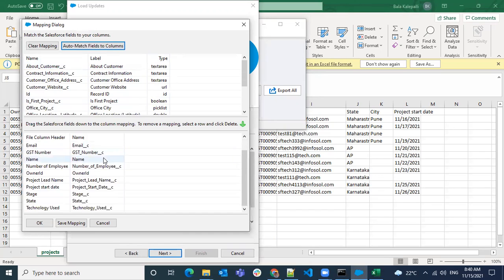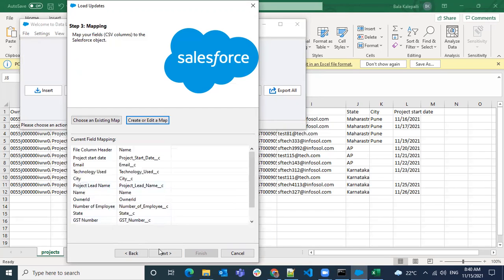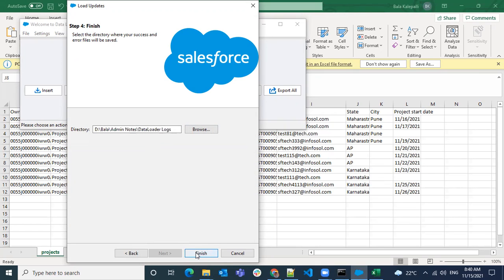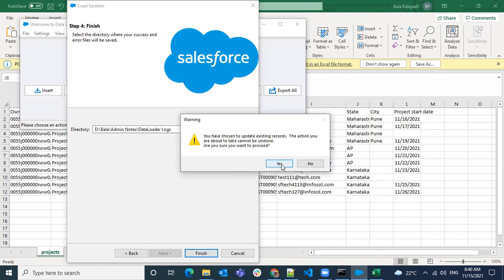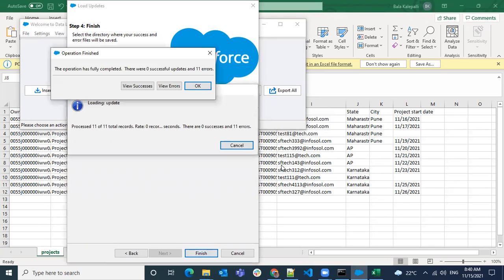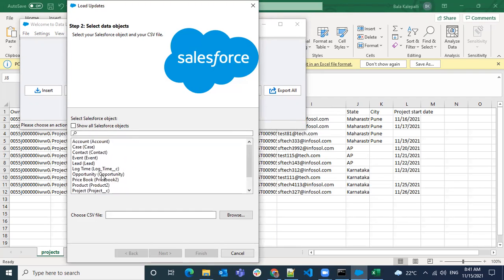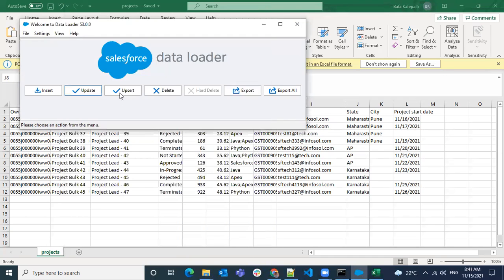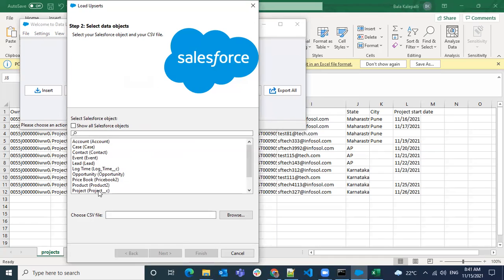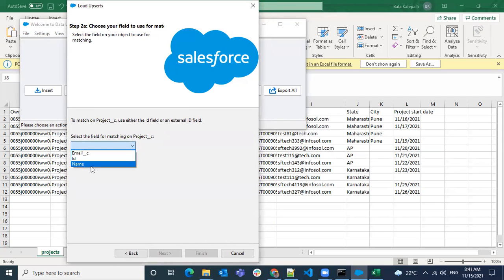Okay, I think everything can be automated. So save and do next. Logs here. Finish. Okay, it's not asking for any IDs. Everything failed. So update is only allowed to be done on a Salesforce ID. Okay, let's do upsert for now, and I will show you how to do update. Project and then project. Next, 11 records. I use a name here. So only upsert gives you the option to select the external ID or ID.